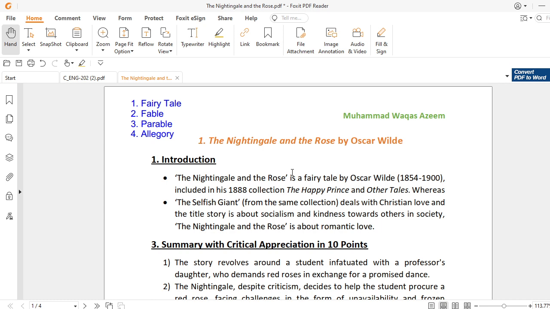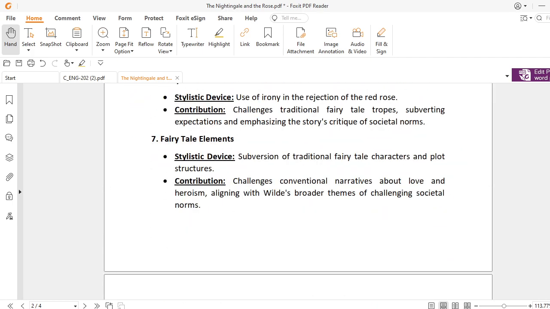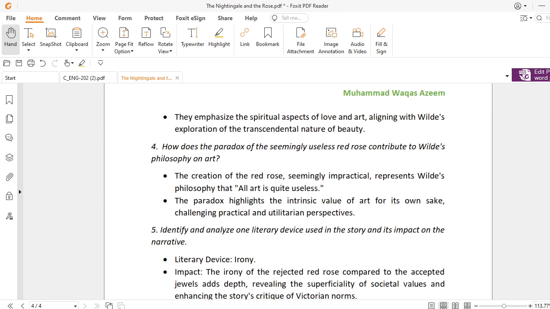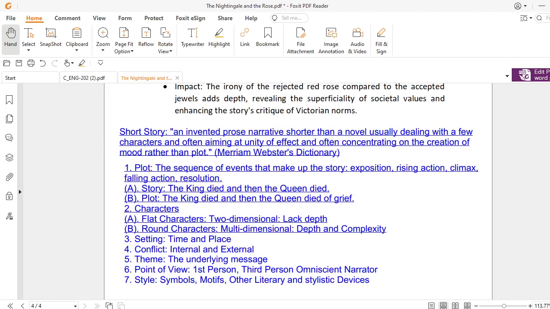In today's lecture, we will be talking about a short story, The Nightingale and the Rose, written by Oscar Wilde. Before we move ahead, we need to understand what a short story is and what the elements of a short story are. Only then will we be in a position to understand this short story and the coming short stories included in your syllabus. I have written some notes, which will be very helpful for you from the examination point of view and for the general understanding of short stories.